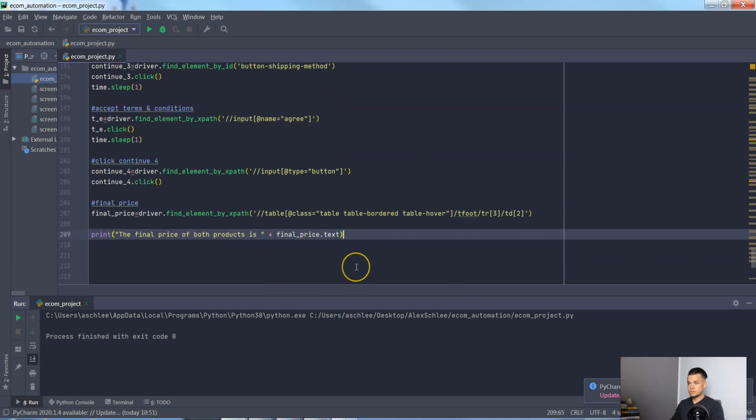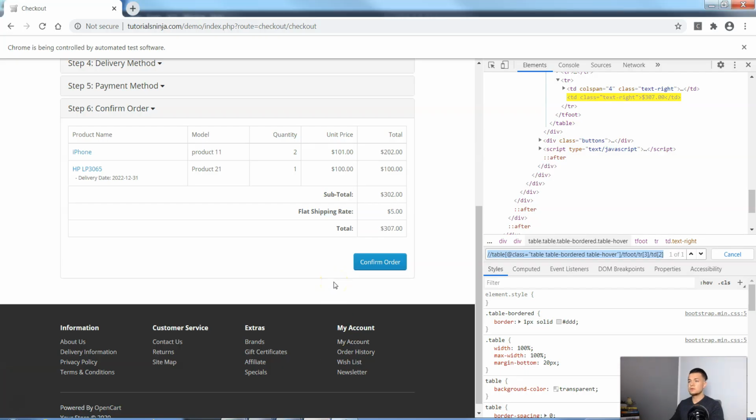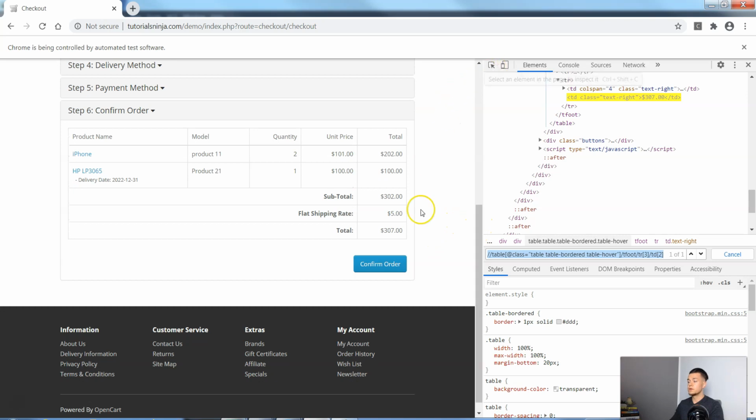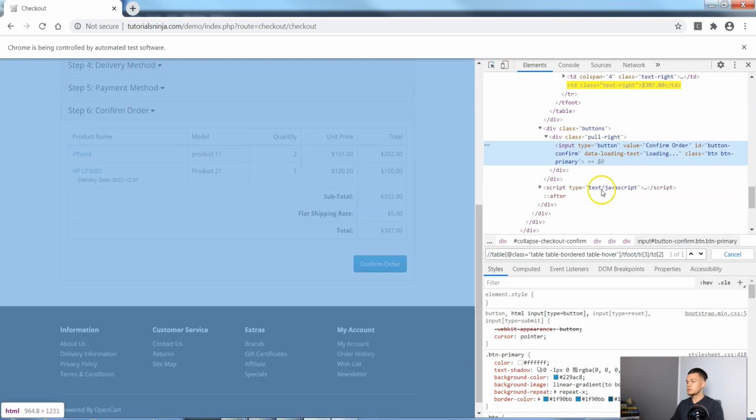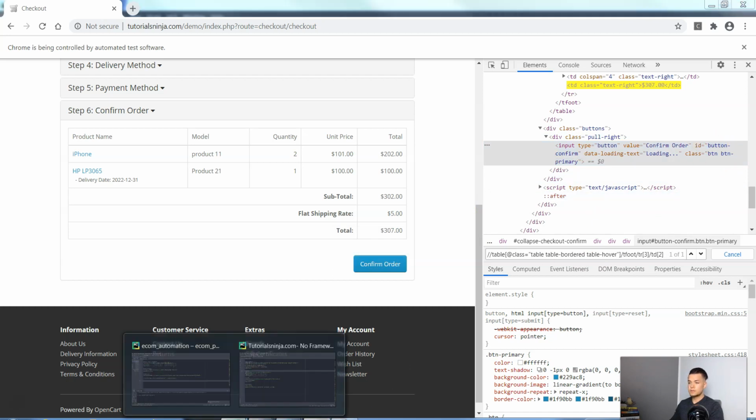Let's do this. First of all, let's complete the last one or two steps, and then let's run our code again and see if everything worked fine. So now we need to get to this button and click on it. Let's inspect it and go for ID button confirm. Okay, or wait, we can go for this one. Button confirm, right? So copy that back to the